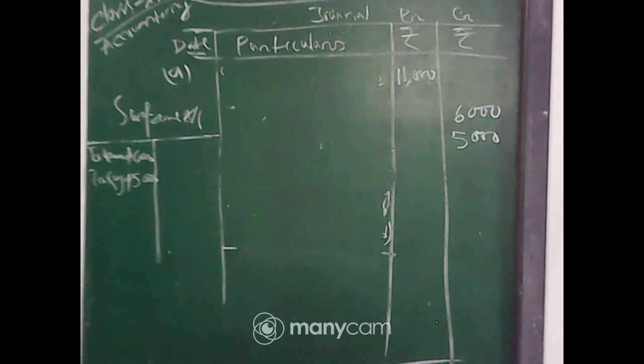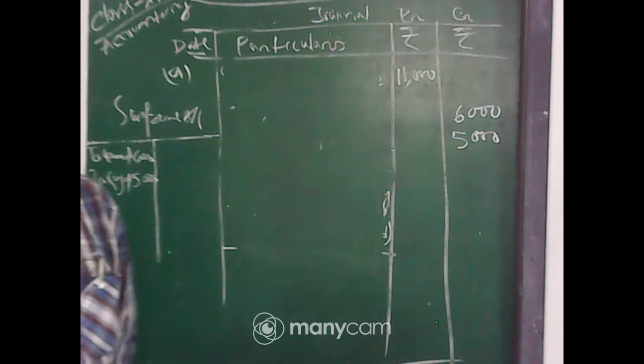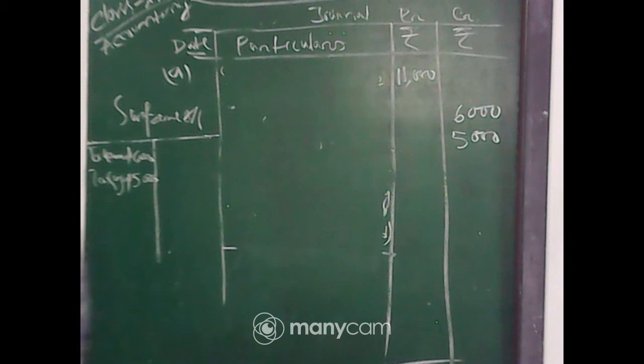Now, whenever you pay salaries, what is the right entry? Salaries account debit to cash. But instead of that, they debited the personal account of the employee, and the amount is also wrong, because the salary actually paid is rupees 2000, but the personal account was debited 1200. So we have to make the right, rectification entry.